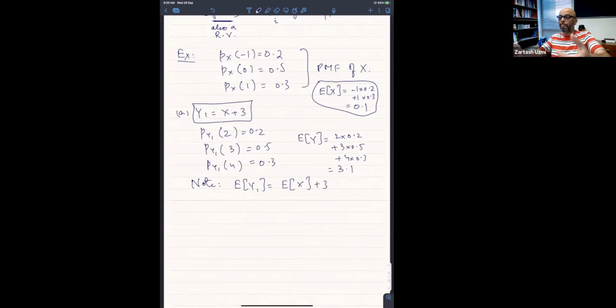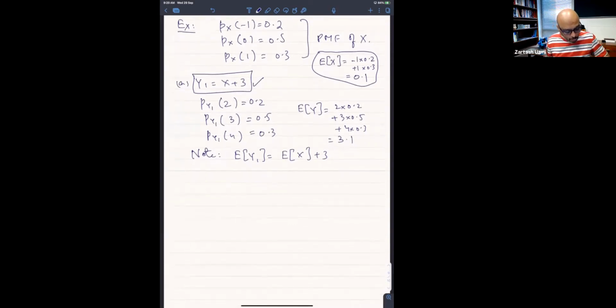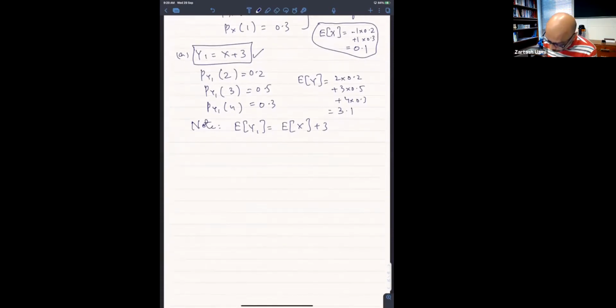You can understand it like this: if everyone in the class gets 3 extra points on quiz 2, then the class average will go up by exactly 3 units. So y1 is a random variable, the new scores, which is 3 added to every student's score. So the average of y1 would be 3 greater than the average of x. The regular scores that came in the quiz, if we add 3 to them, it means the class average goes up by 3. Now part B,